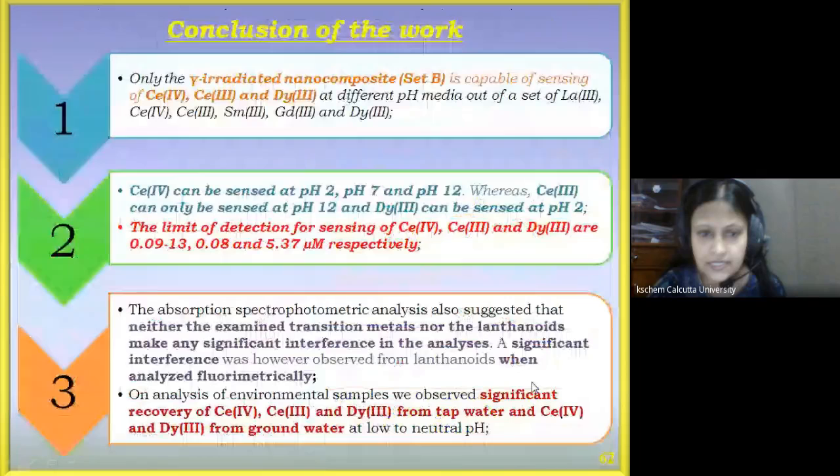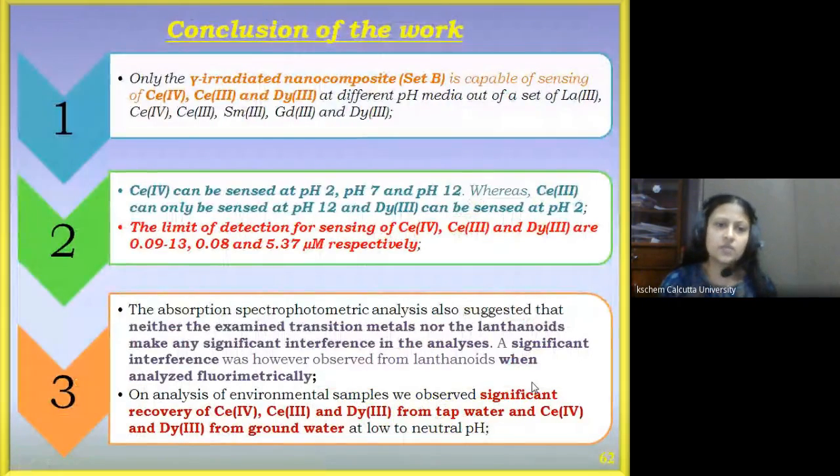the cases. So finally, for concluding this work, only the gamma irradiated nanocomposite set B is capable of sensing cerium-4, cerium-3, and dysprosium-3 at different pH media out of a set of lanthanum-3, cerium-4, cerium-3, samarium-3, gadolinium-3, and dysprosium-3. Cerium-4 can be sensed at pH 2, 7, and 12, whereas cerium-3 can only be sensed at pH 12, and dysprosium-3 can be sensed at pH 2. The limits of detection for sensing of cerium-4, cerium-3, and dysprosium-3 are 0.09, 0.08, and